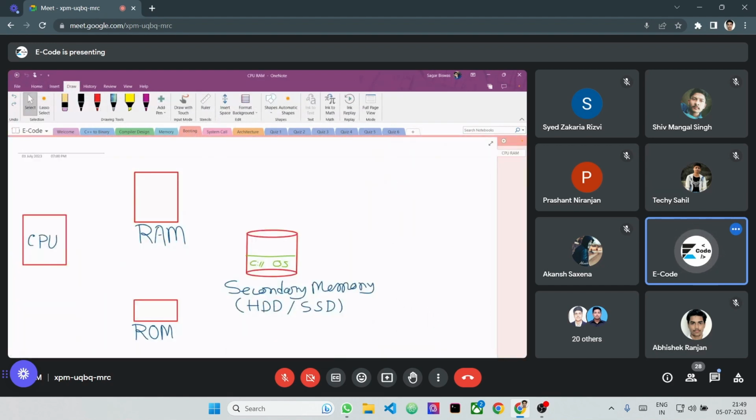So this is your CPU, this is RAM, this is ROM, and this is secondary memory, the HDD. I have shown you. So how exactly does it start when we start the laptop or computer, or reboot it? Firstly, the CPU starts execution from this ROM. I have already told you that the ROM stores the essential programs of the CPU. Okay, and it starts the program that is called